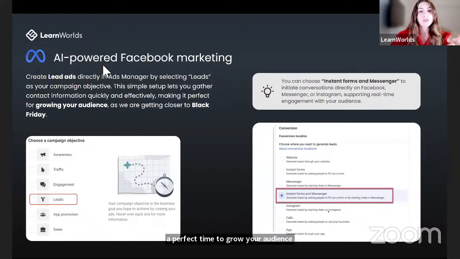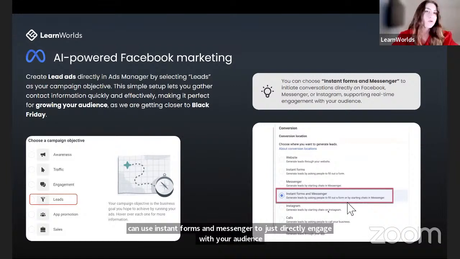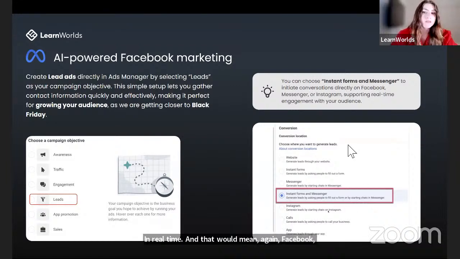What you can do here is create leads directly in the Ads Manager by selecting leads as your campaign objective. Besides that, there's also a pro tip: you can use Instant Forms and Messenger to directly engage with your audience in real time, again on Facebook, Messenger, or Instagram. This is a great option.